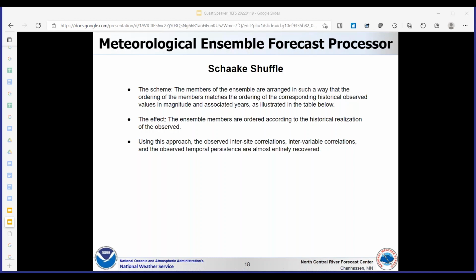And I'll show an example of this in a moment. The effect is that the ensemble members are ordered according to the historical realization of the observed. Using this approach, the observed intersite correlations, intervariable correlations, and the observed temporal persistence are almost entirely recovered.